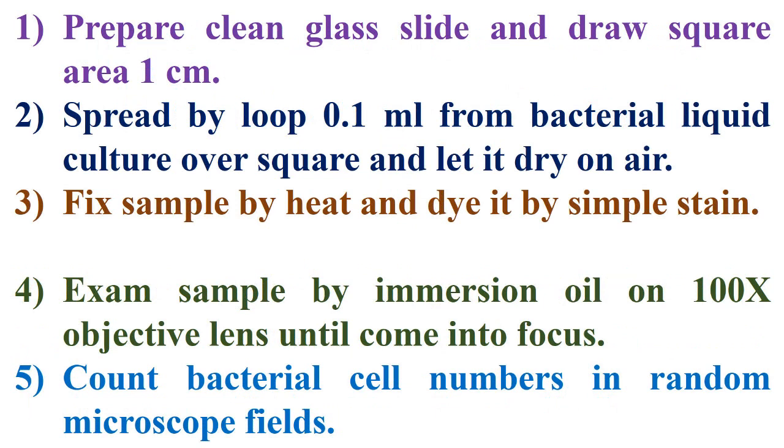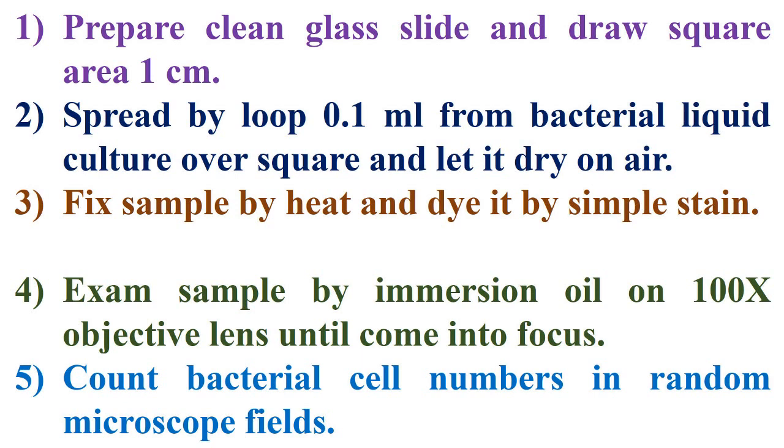Firstly, prepare a clean glass slide and draw a square area of 1 cm, then spread by loop 0.1 ml of the bacterial liquid culture over the drawn square, and let it dry in air, and fix the sample by heat, and dye it with a simple stain, and examine the sample with immersion oil on the 100x objective lens until it comes into focus, and finally, count the bacterial cell numbers